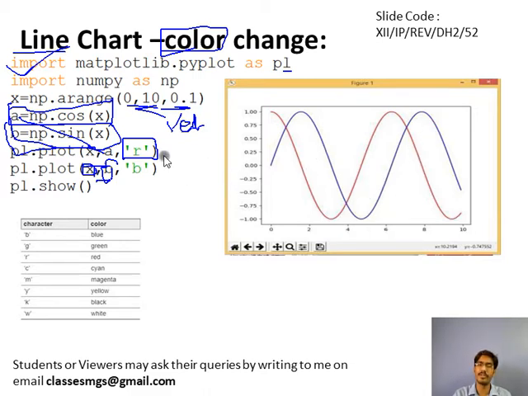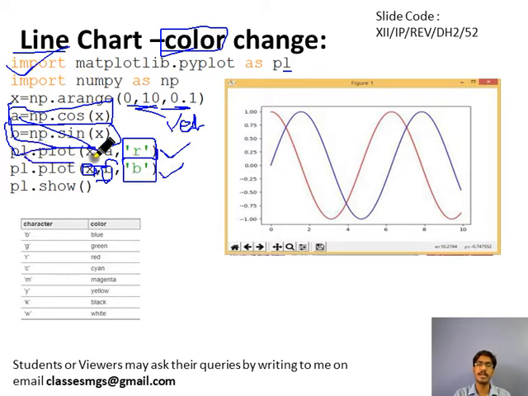But if you are a new user, not from a mathematical background, and these two graphs are the same color, and you need to identify which graph is sin x and which is cos x, then it will be difficult. So for that purpose we are changing the color of both the graphs.